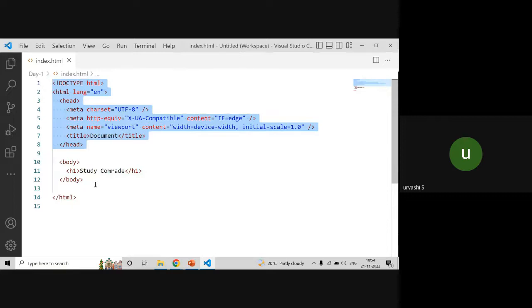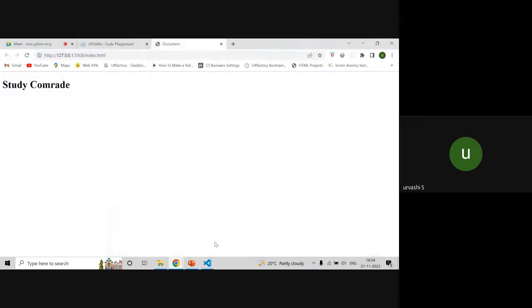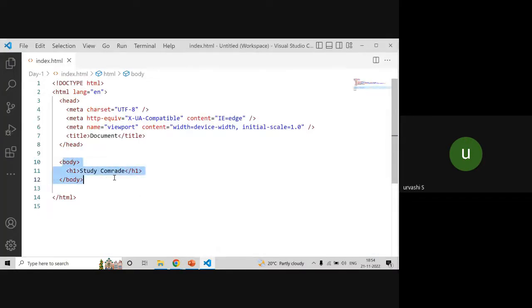This is called the structure of your HTML document. I will explain this part. For now, I'm just explaining this body part. Whatever code you write in body, this part goes in UI. Whatever things you want to display in UI in the web browser, that code you need to write inside this body. This is one of the tags you have. In that, I'm writing heading one.